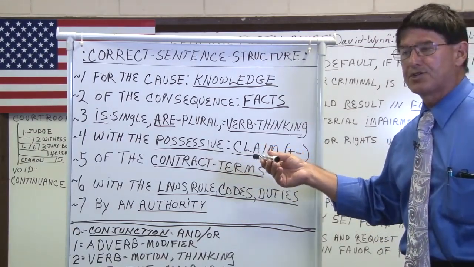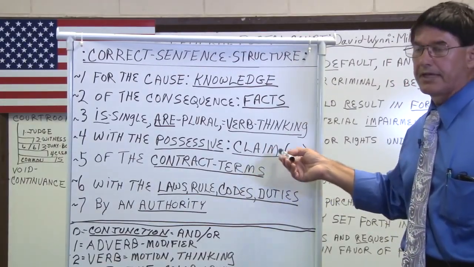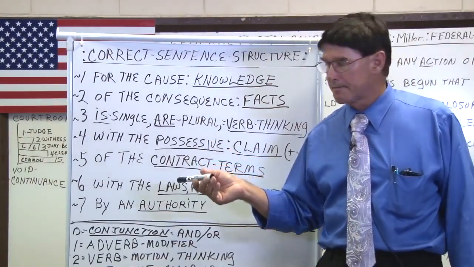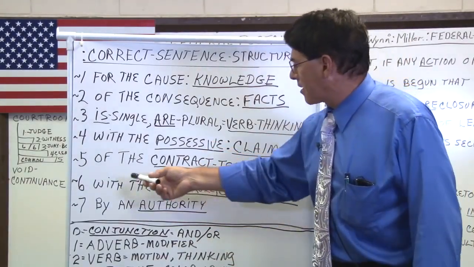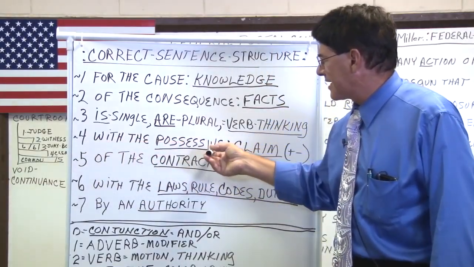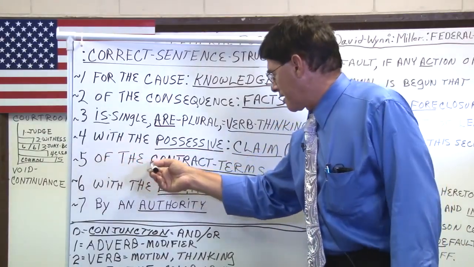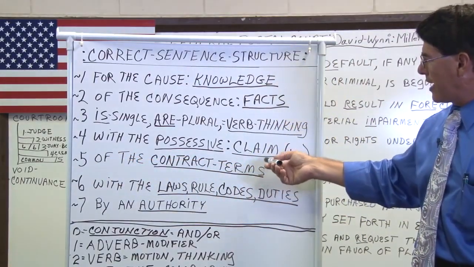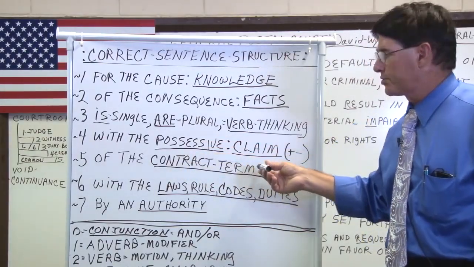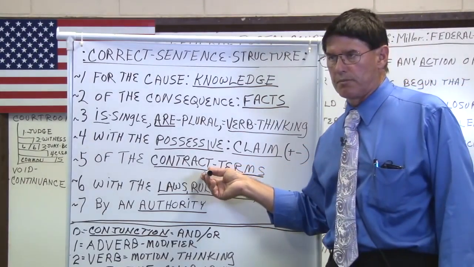Then they had to make a decision on to what the claim is. Is it a positive claim or a negative claim? Did they have a damage, which is negative, or did they have an equity, which is positive? The second part, now that you've established with as a possessive, you now have a contract term using of the. And now you're going to take this possessive and put it into a contract term to define the plus or negative of that contract term.